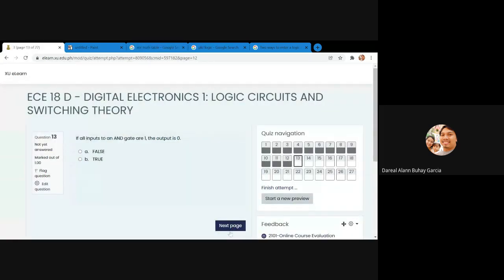If all inputs to an AND gate are 1, the output is 0. False. The output is supposed to be 1. JTAG stands for